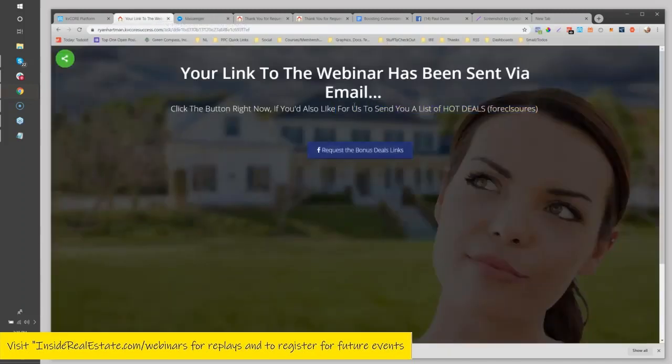So lots of directions you could go with this as well. You could just say, if you'd like to talk to a realtor right now, click to start chatting with me. If you'd like to know the best deal that I know about right now, click to talk to me, right? Lots of things you can do with this type of bridge page. Not as good, but you're using the real estate and the fact that they are hot to trot about the information right now